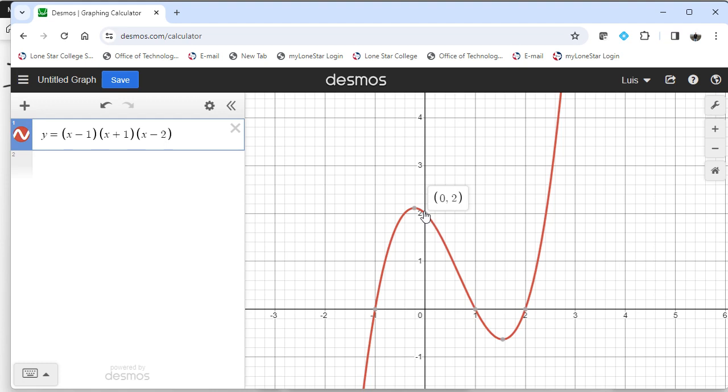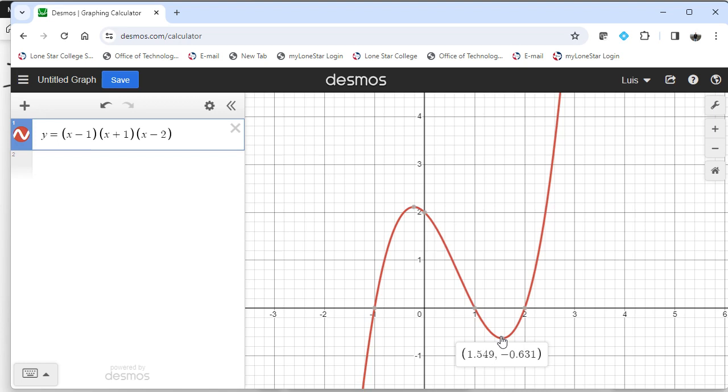Now, I probably should have used better judgment and thought about how it has to rise, but I didn't know where it fell. Things like this we can account for in calculus, or just using continuity, in saying how do we know that it's going to make this little turn right here? So in fact, there is a turning point, or a maximum, at (0.22, 2.1), and then down over here, we have this minimum at (1.5, negative